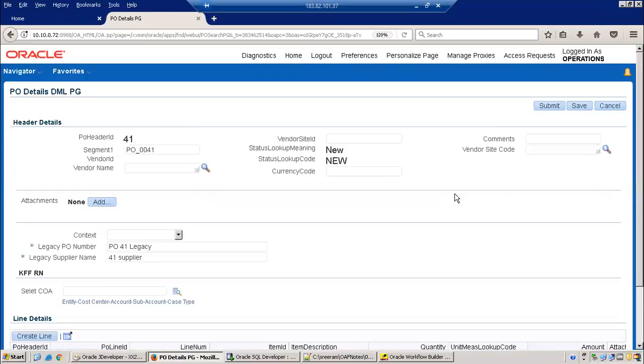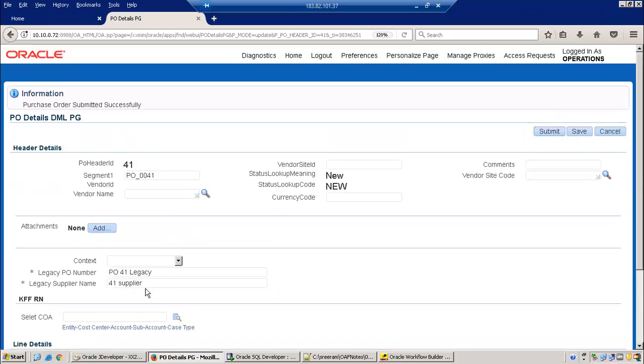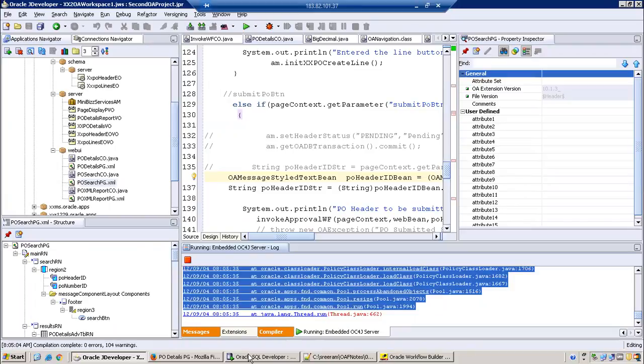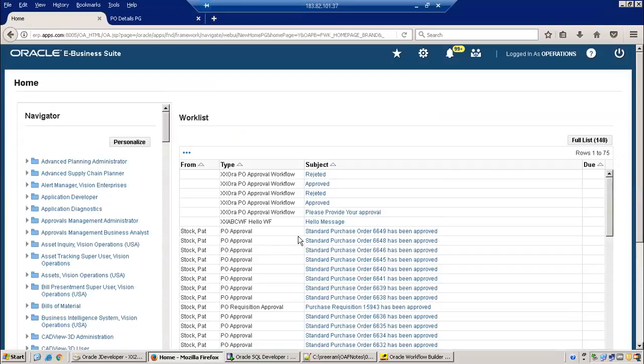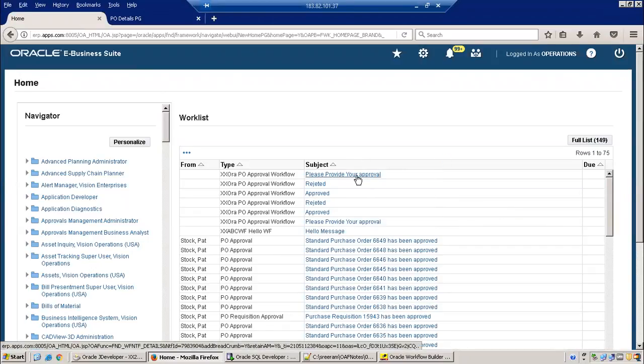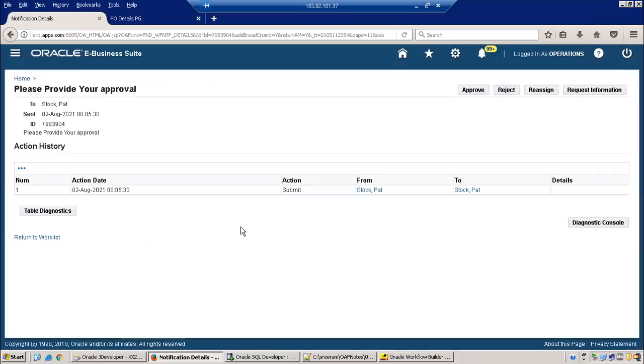I'll click on update. I'll click on submit. Okay. Now can you see it got submitted, and we can see that here PO header ID to be submitted is 41. Now we can go back to our standard page and search in the instance. We should be receiving the approval workflow, right? Please provide your approval. And I'll click on approve.